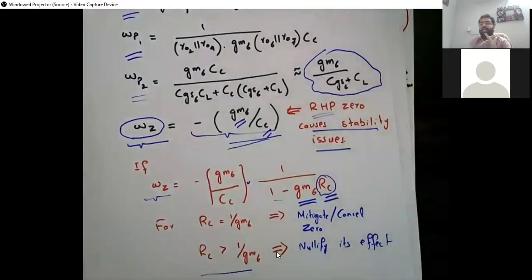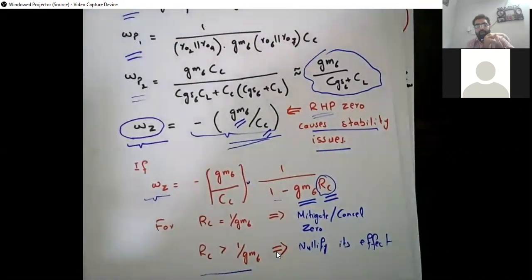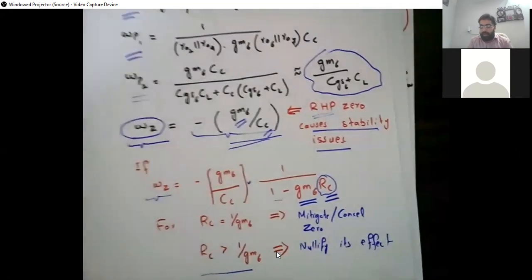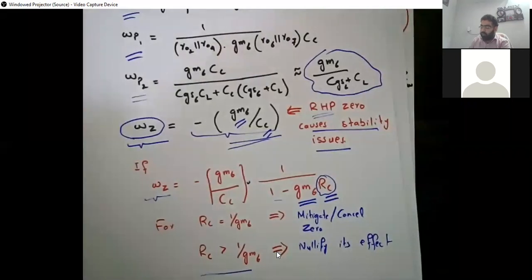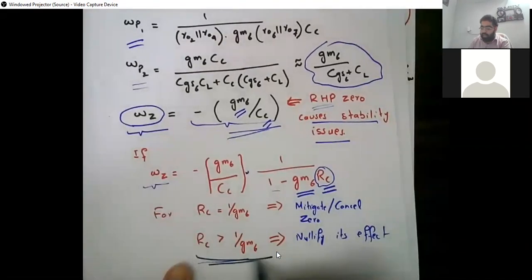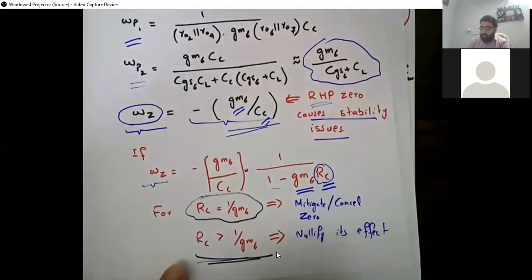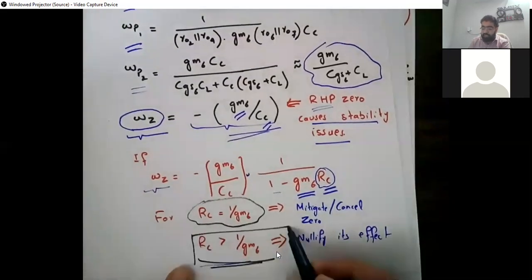So either I can totally cancel its effect by making it zero, or I can make it a positive side zero to assist in my design. Whatever you want as a designer, you can do that, but the better way is to do this factor. Why? Because whatever PVT variations there are, they can make this value less than 1 over GM6, and if this value becomes less than 1 over GM6, it can hurt our design. As a designer, I should play in this condition all the time.